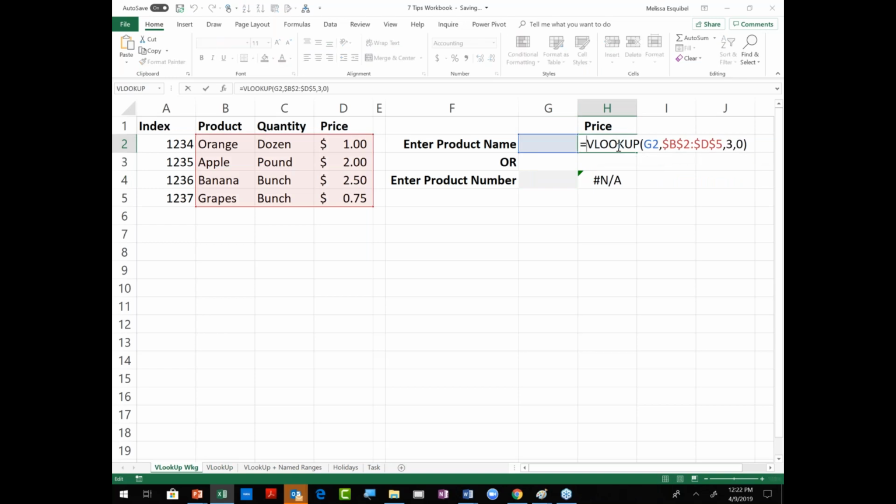So let's do this. If you're using 2013 or beyond, any version of Office 365, because it's always current, you have a function called IfNA. You just need to type that in front of your VLOOKUP, IfNA, followed by, I'm going to do it up here so I can see what I'm doing, comma. So if that's going to be an NA, just say enter valid product name. So if I type in a valid product name,